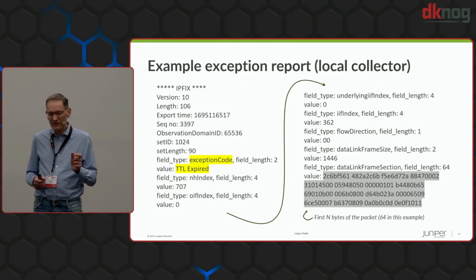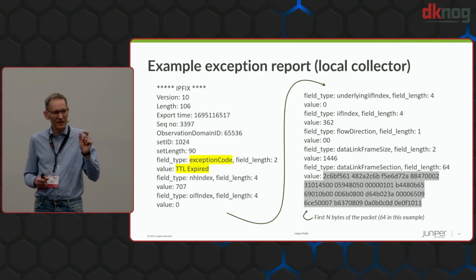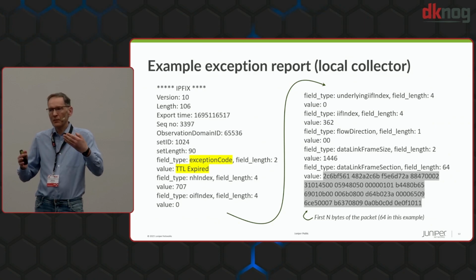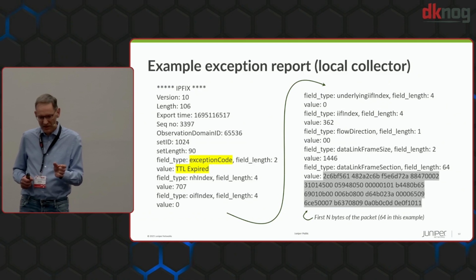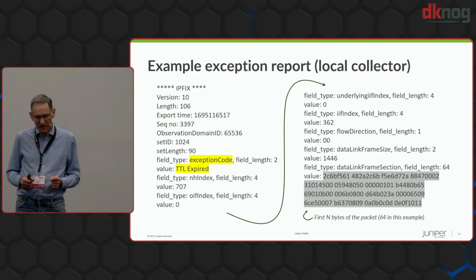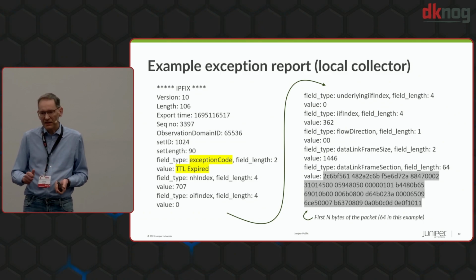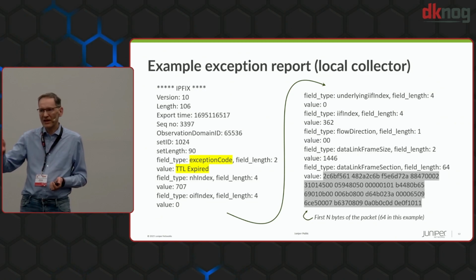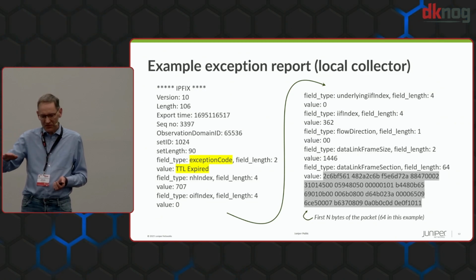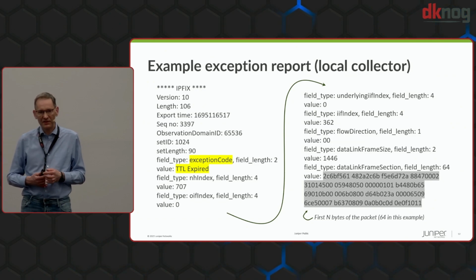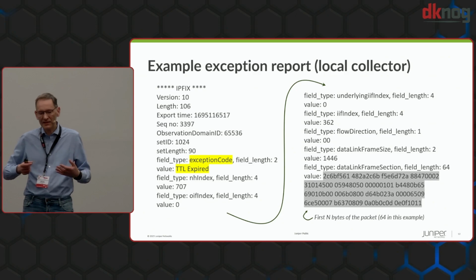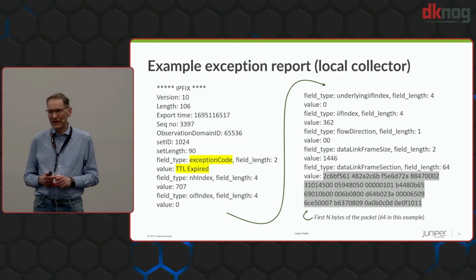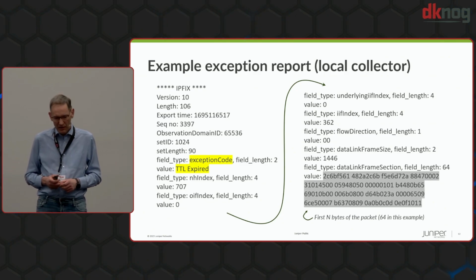NH index, that's the next hop index, value 707. And so that's an index into the forwarding structure that describes how that packet would have been forwarded. In this particular example, as it happened in this network, it was running LDP, and 707 would have been saying, oh, if the label packet comes in with label Y, then pop the label and send it out on interface ge-1/0/0 towards the egress node, which was R3 in that diagram. So that's effectively telling you useful metadata about the actual forwarding entry